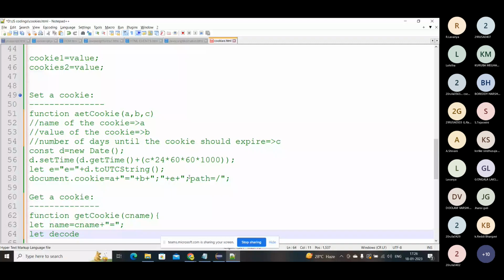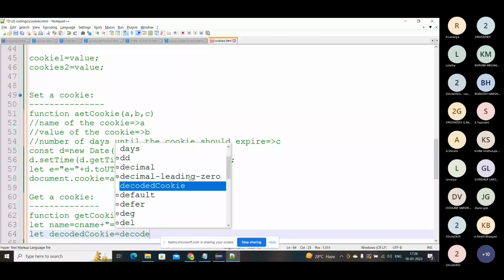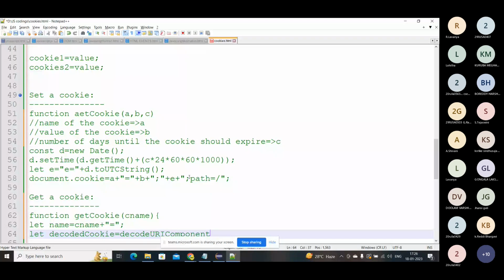How can we get it? You need to mention one method called decodeURIComponent. In this you will mention document.cookie.